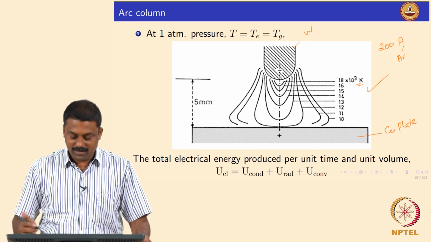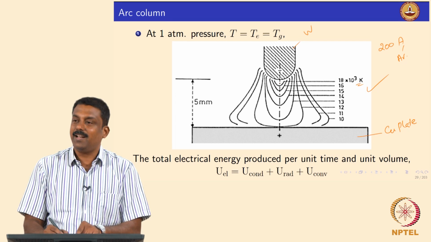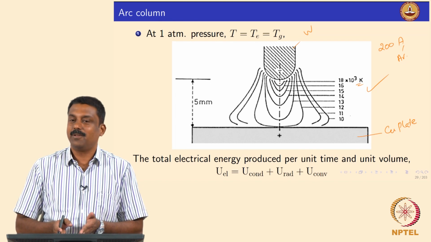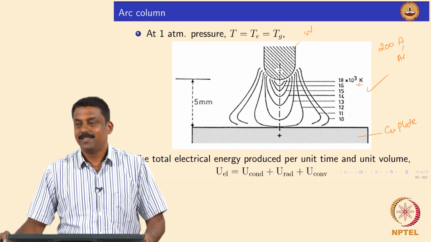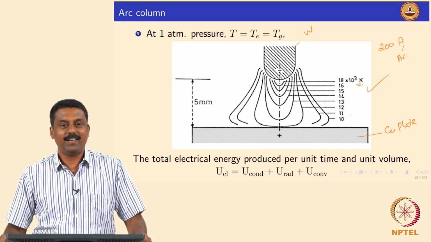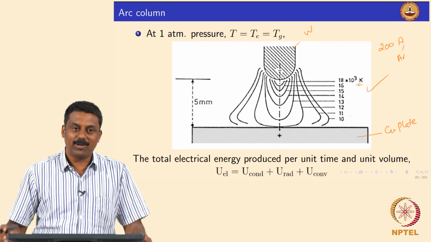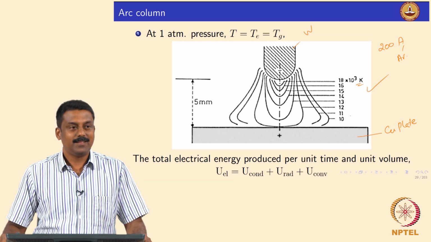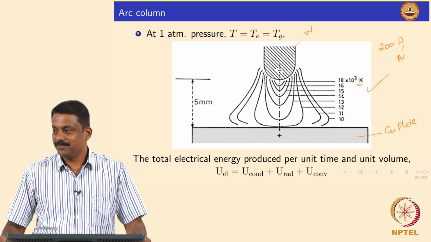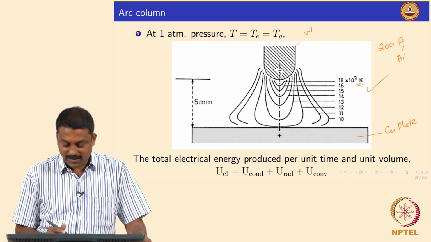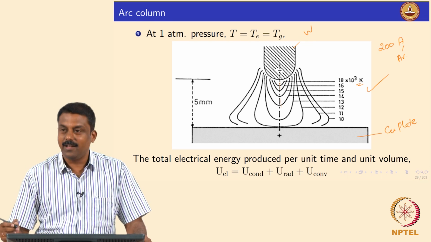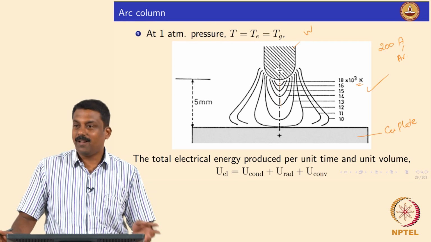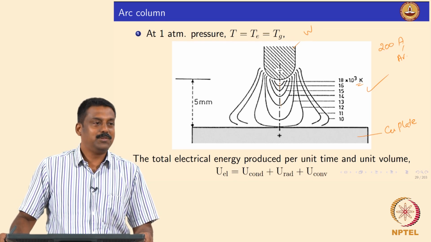Someone asked a question in the last class. Suppose you have a metal electrode here, the cathode, which is tungsten, and the system is exposed to a temperature of 18,000 Kelvin, won't it melt? It won't, right? You see in real life in gas tungsten arc welding, the electrode tip is stable. Why is it not molten? Obviously there is a melting point. You see that in the center here it can go up to 18,000 Kelvin, but still the tip is not molten, right? Because of the formation of the cathode fall zone.